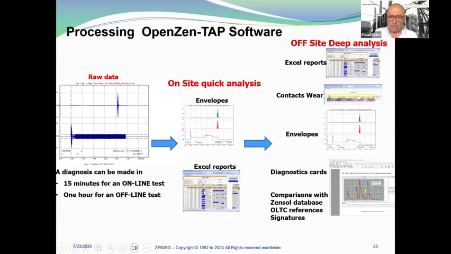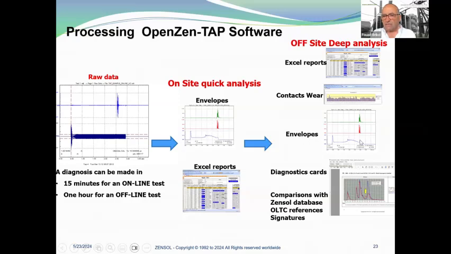From this, immediately the software calculates the envelope, the Hydro-Quebec envelopes. Here you can see the motor current, the high frequency envelope, and the low frequency envelope, and the Excel reports. With the Excel reports, when you have a dark blue, it means that you need some specific attention. And after, we have an off-site deep analysis, which can take a lot of hours of analysis, usually 3 hours,